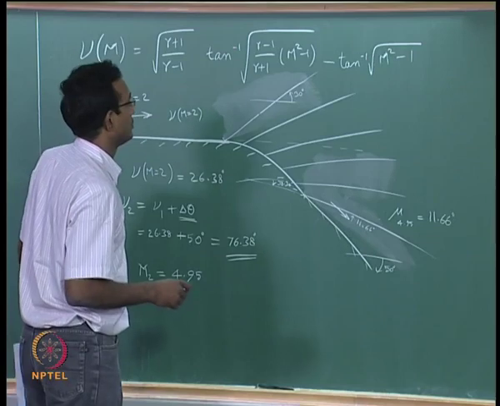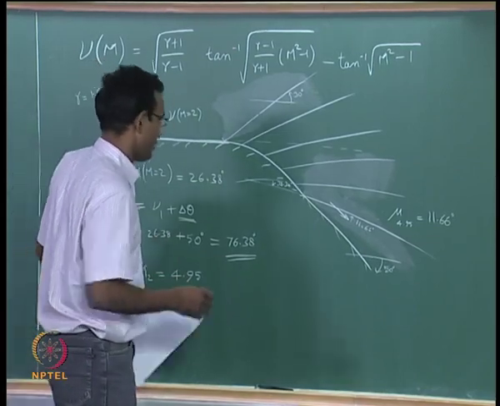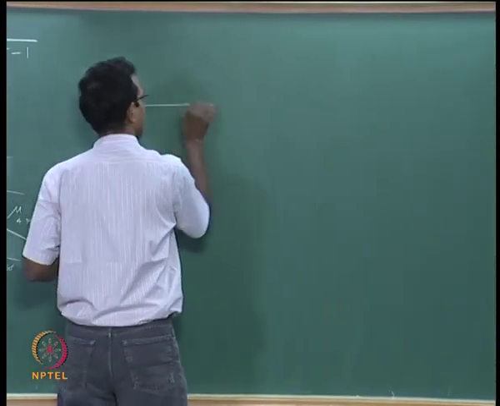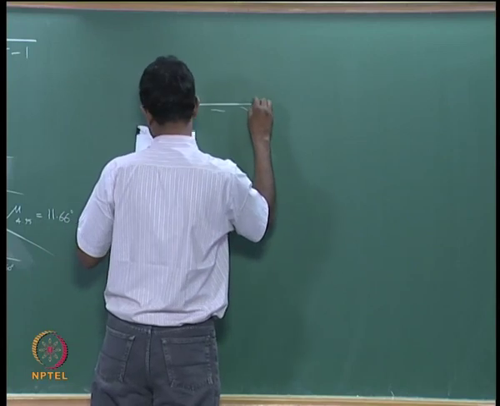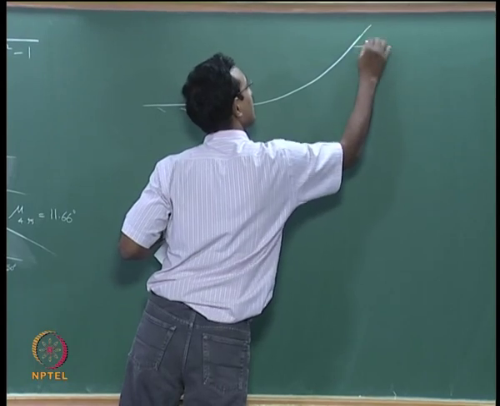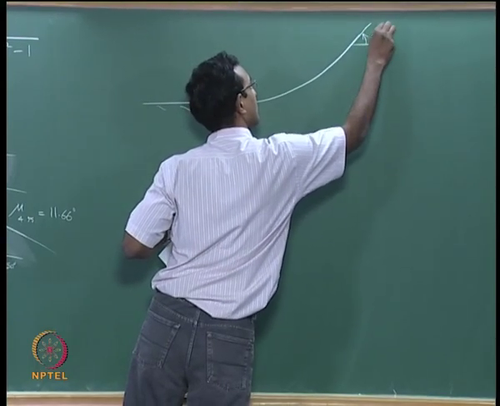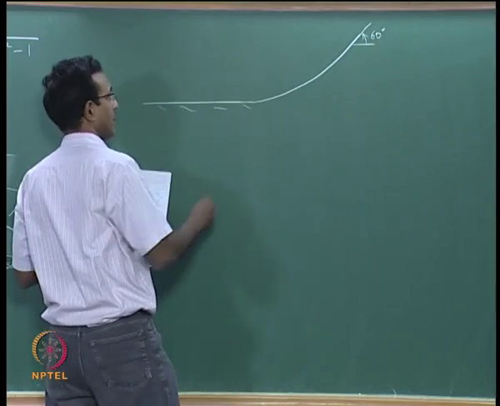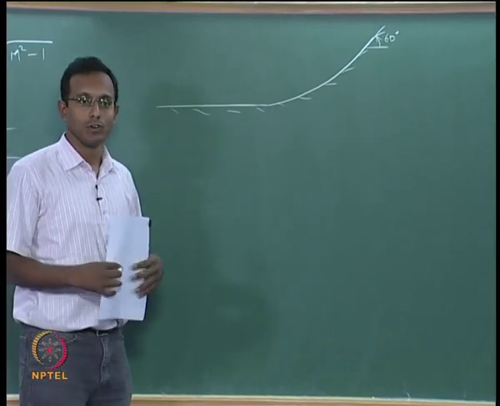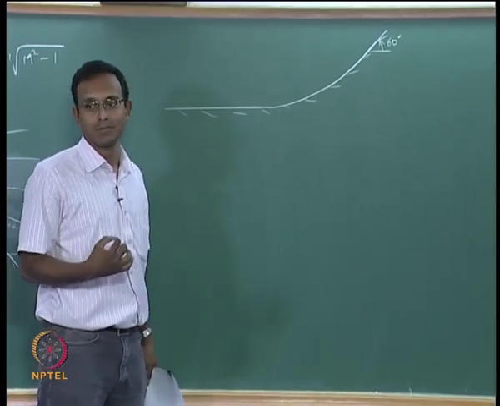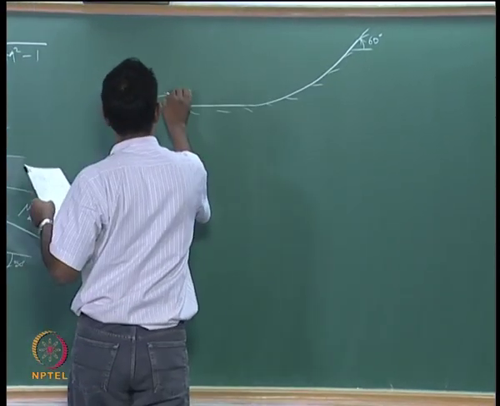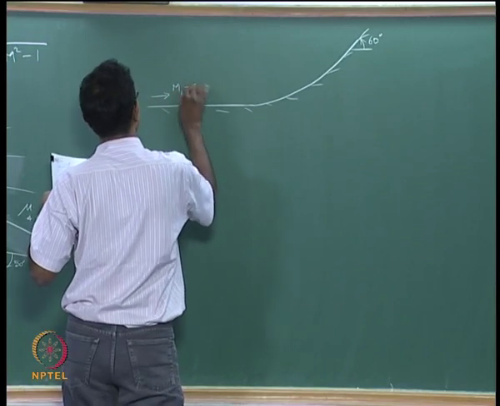Let us go for smooth compression. We will keep this, just go for a smooth compression case where I am going to have a wall and it is going to turn to a 60 degree angle, turning into the flow. What does that mean? It is going to block the flow, it is going to decrease the Mach number, so it is a compression wave sitting there. And I am going to say the incoming Mach number M1 equal to 4, gamma equal to 1.4.